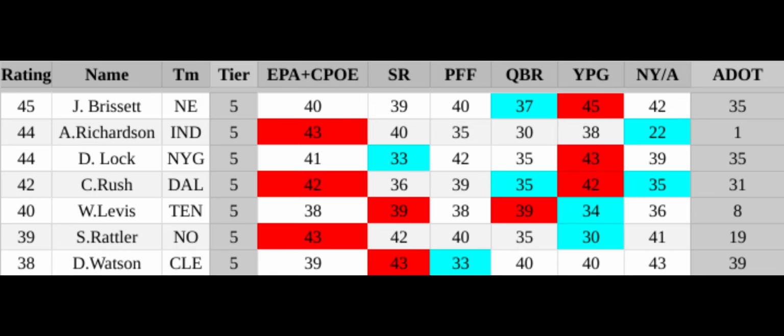He doesn't have the best supporting cast, but it's definitely the best in this tier, because you got Josh Downs, who's solid, Alec Pierce, who's pretty good. They were a good pass blocking line, and that combines together for a pretty nice marriage of talent.